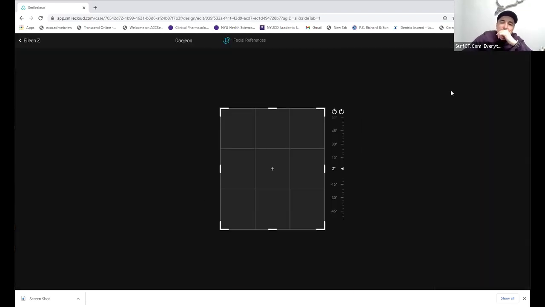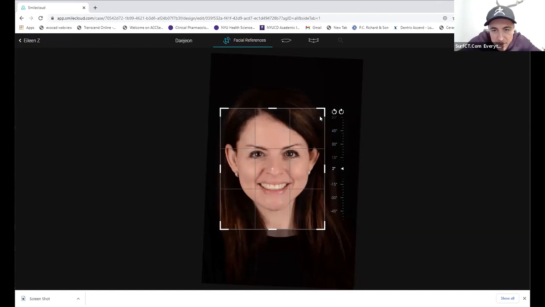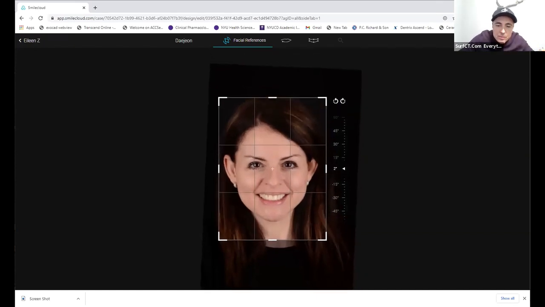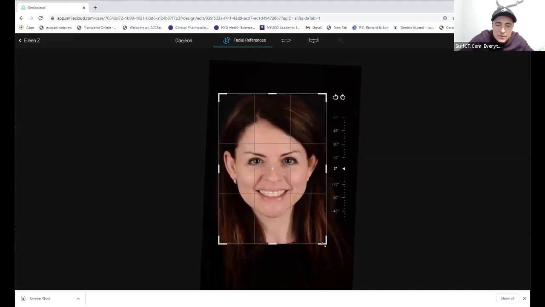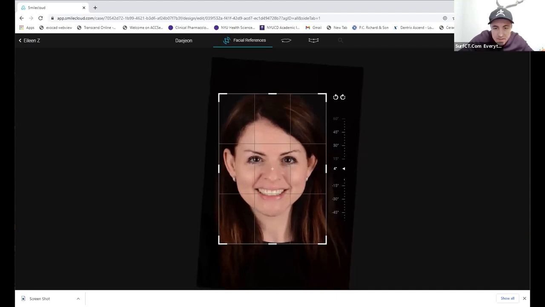So let me double click on this picture. And here we have our patient. So this is the first picture. So you will be able to modify and center the picture, rotate it at the side if you want. We can basically use it like this. And then once you're happy, you go to the next panel, which is this one, and